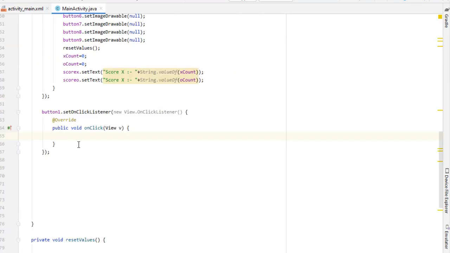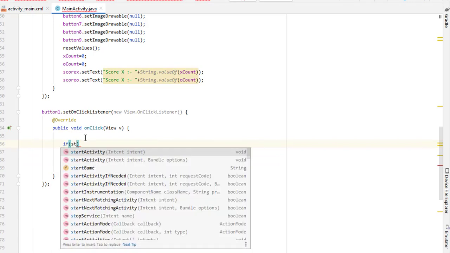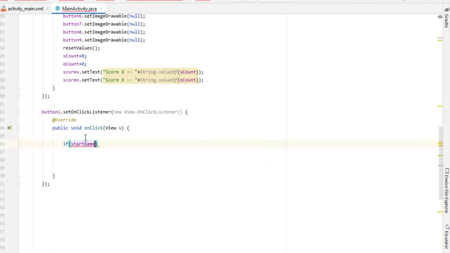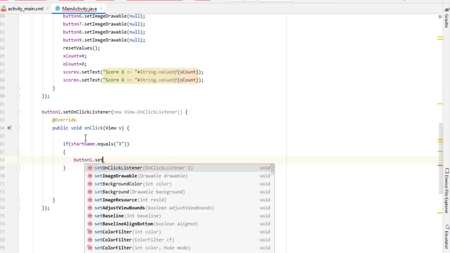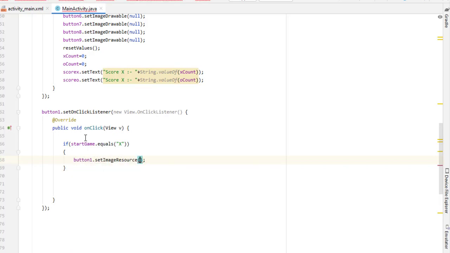That's fine. Now after this, first of all we have to check what the startGame variable contains. So if startGame .equals("X"), with capital X, then what I have to do is simply set button1.setImageResource, and inside this I simply type R.drawable.cross.